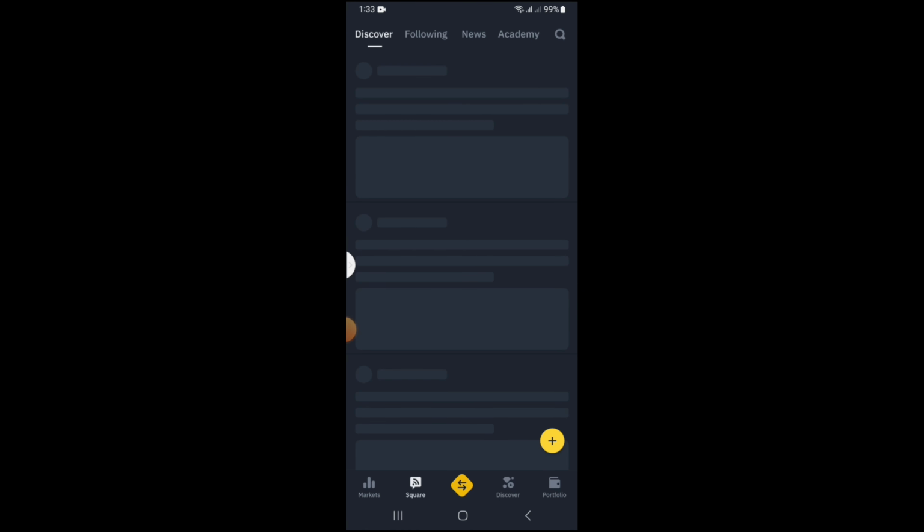Let's add our bank account. So, please make sure that the account number you're inputting is correct. Then click on confirm. For you to protect your Binance, you have to make sure that you have a security